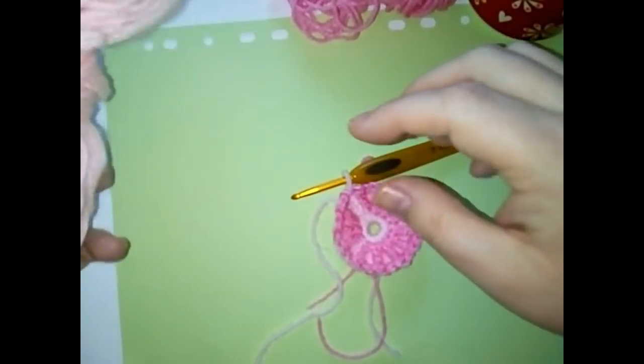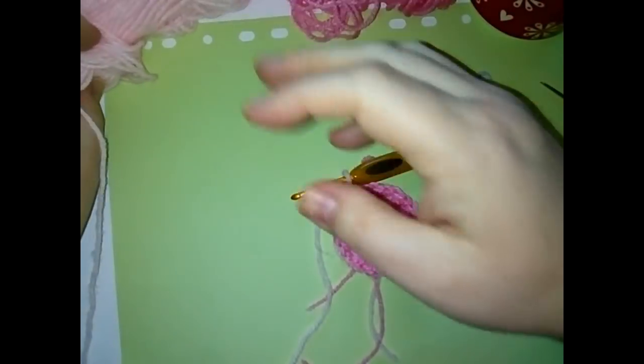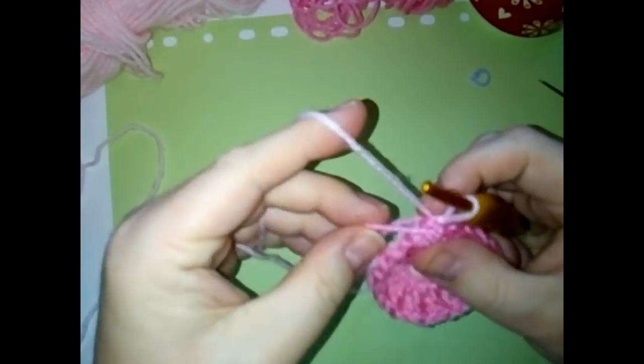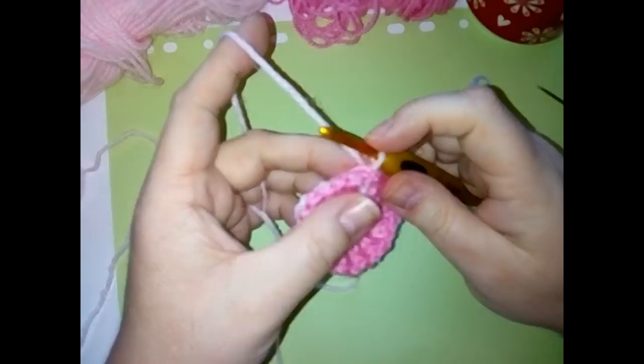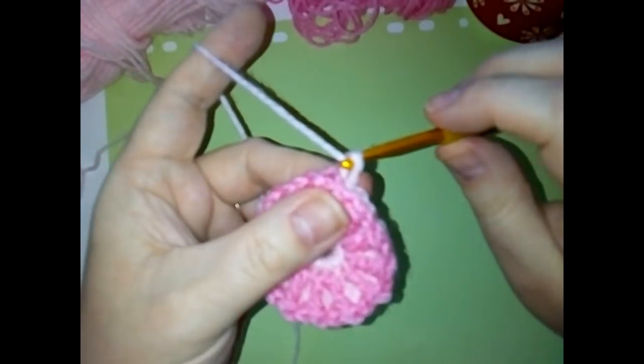Okay, so I've got the loop on my hook of my light pink. I've taken my stitch marker out, and it's time for round 4. This round you should be able to work over your tail if you wish to. It's always helpful. So you're going to take this loop of your light colour or your previous colour and chain